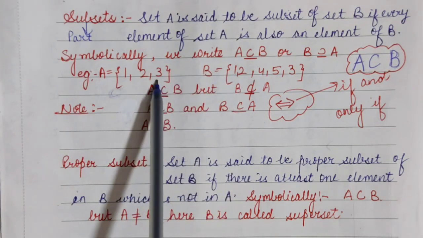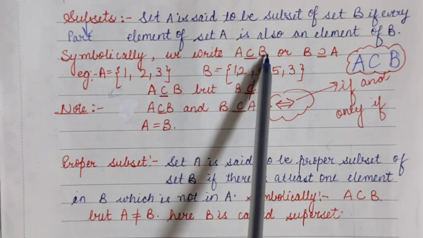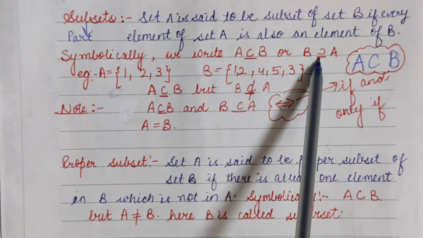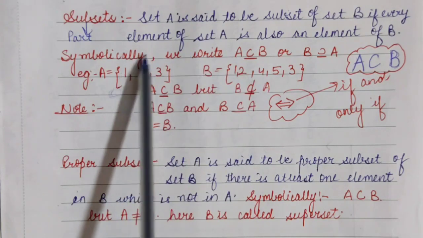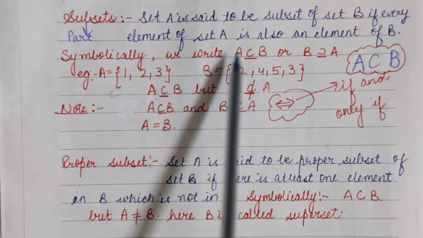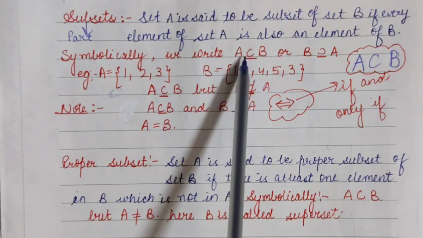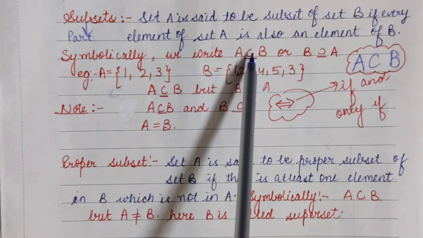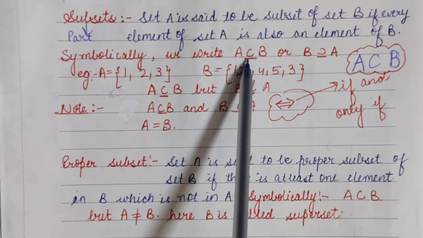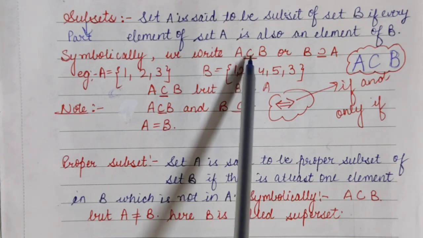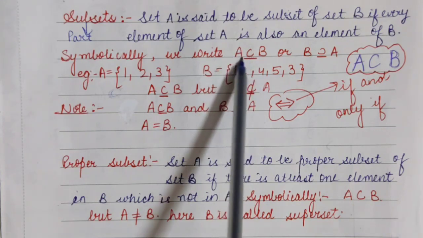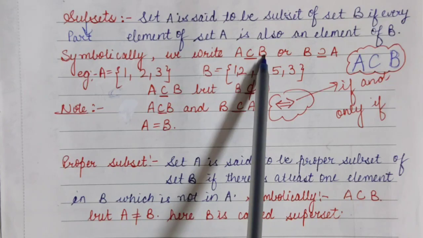Right? So I can say A is a subset of B, or I can also write it in this way. Here see student, to write down subset, we use a symbol, this ⊂. Fine. So this symbol which we are using, we have to put a ⊂ with a bar below it. Fine. So this is the symbol of subset. It means every element of set A is contained by set B.